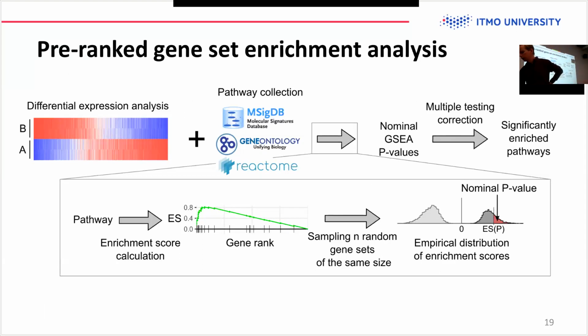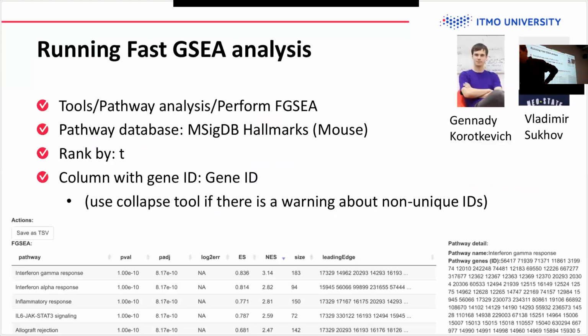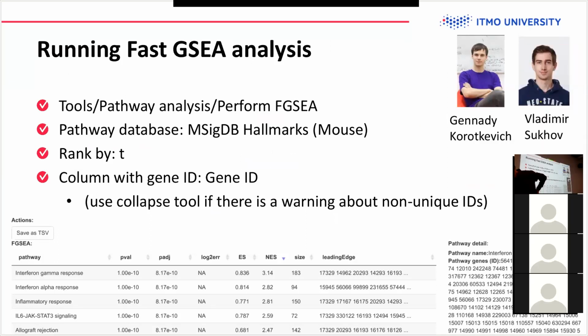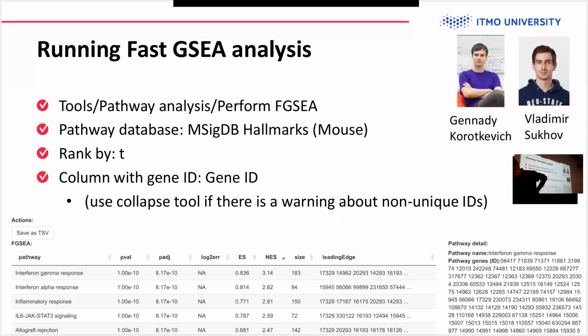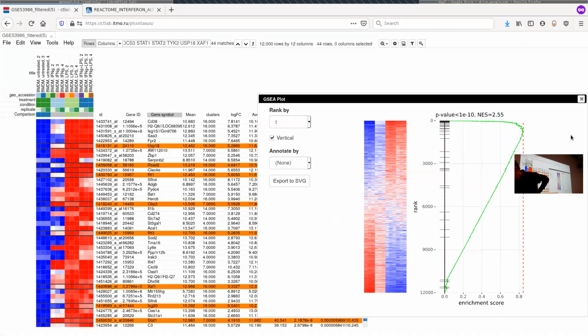But luckily, thanks to these two guys, not Elizabeth, sadly, we have a tool for fast gene set enrichment analysis, FGSEA, that we can use, in particular in Phantasus. So let's go back to Phantasus